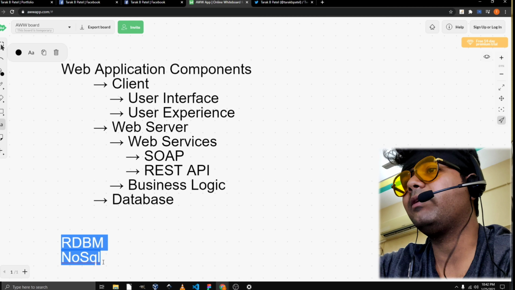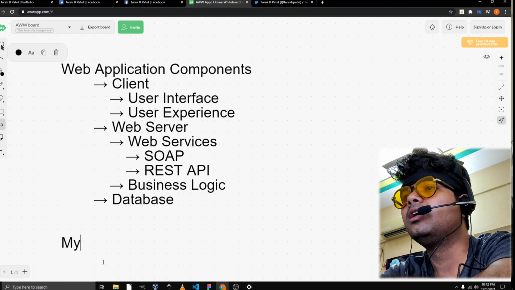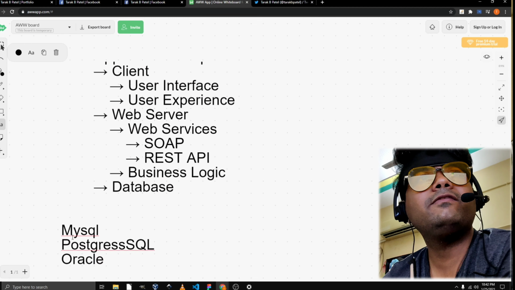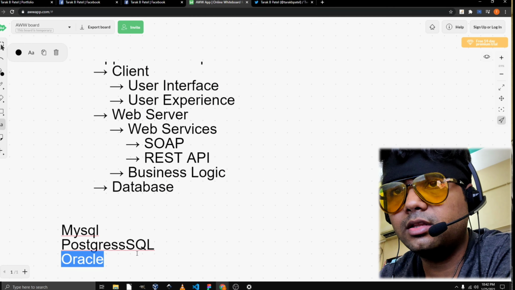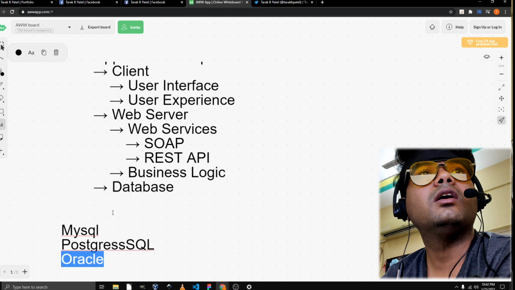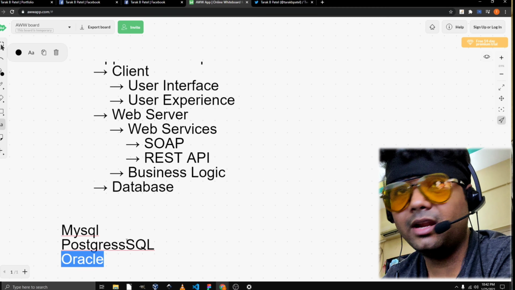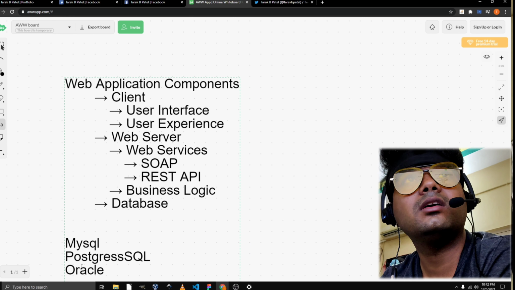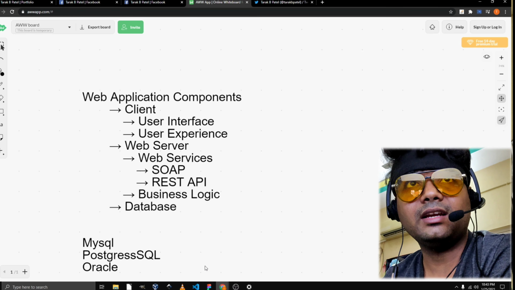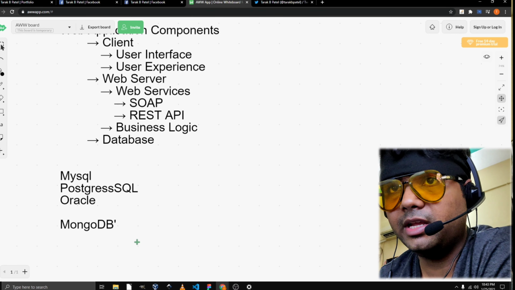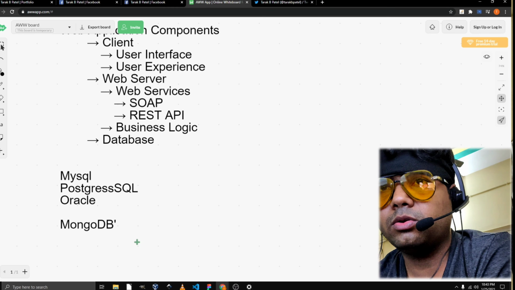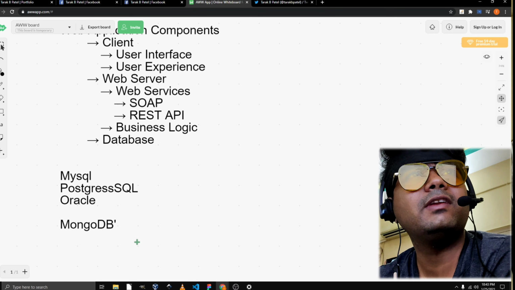The most famous ones you would come across are MySQL and Postgres. Oracle used to be the main standard in which applications were made earlier. Nowadays, NoSQL databases like MongoDB have started getting a lot of recognition, because they are very easy to handle, take very little storage space, and are available on cloud.